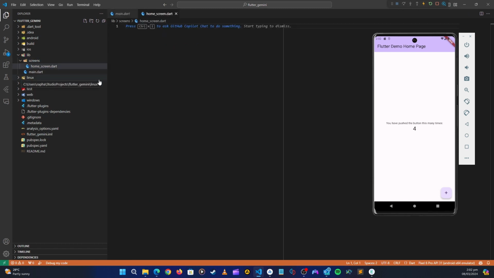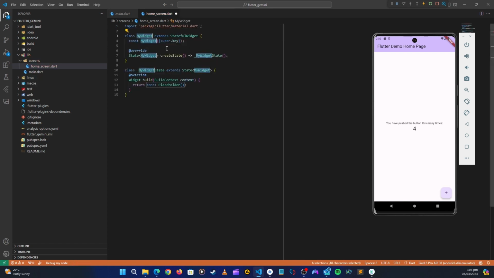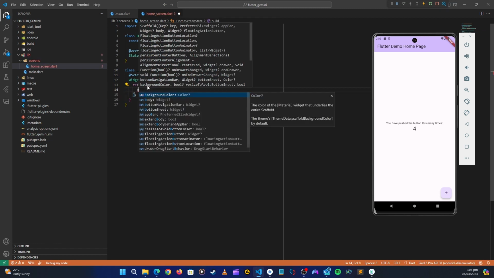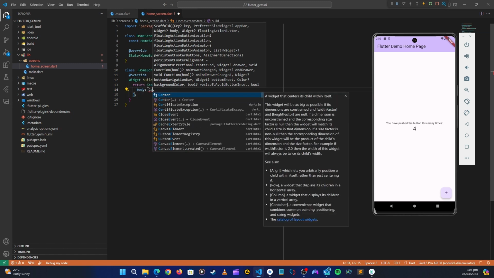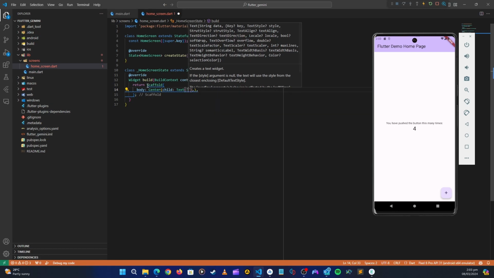like that. So this one is going to be a stateful widget, STF like that, and then we have a stateful widget. So this is going to be home screen. So in this screen, let's just, what are we going to create here? Okay, first let's just return a scaffold, with the center, with the body of the center. Then here there's a child. Let's have a text which says home screen,